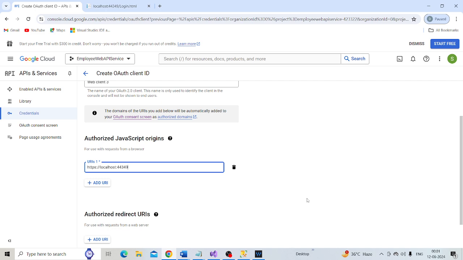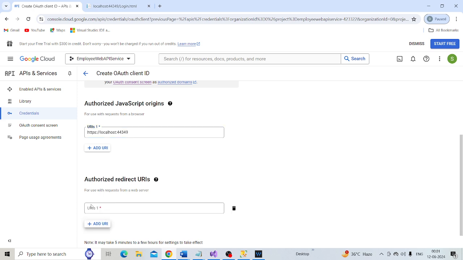And then we also need to specify the authorized redirect URI, and the redirect URI is going to be localhost:44349/signin-google.